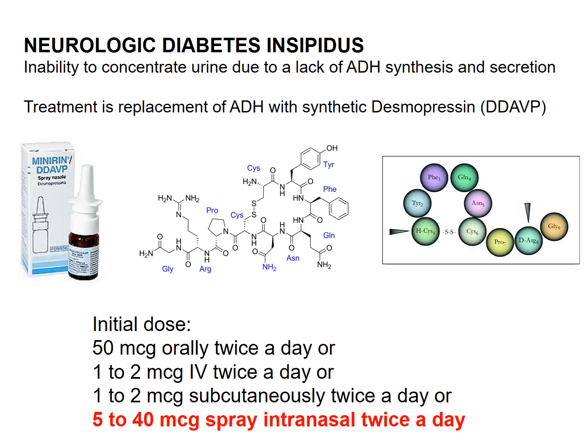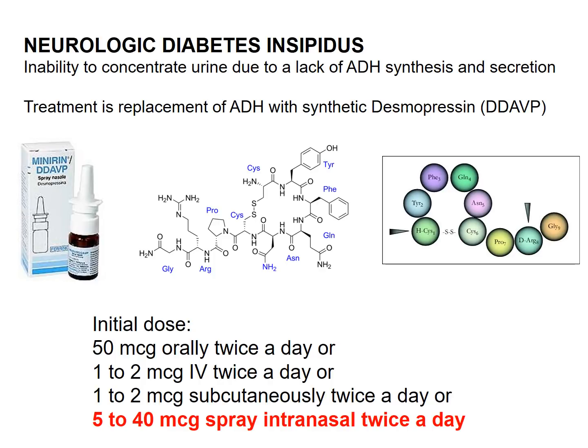This drug can be given IV, but it can't be given orally. If you take it orally, it's going to be broken apart by digestive enzymes. The more common way to treat people with diabetes insipidus is for them to inhale the desmopressin, a nasal inhalation. It comes in a little pump spray that you spray up your nose. You get the ADH systemically, and then it goes to your kidney, and suddenly you're able to retain water and you don't have this excessive voiding.